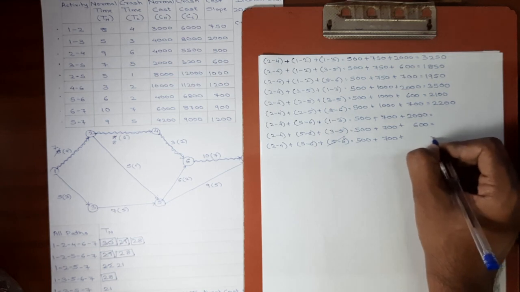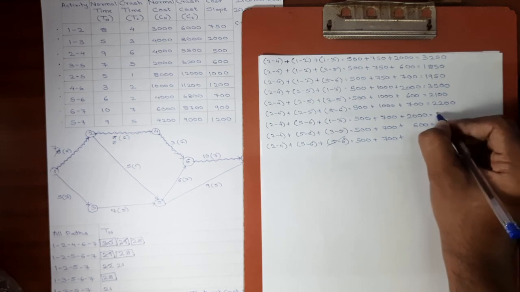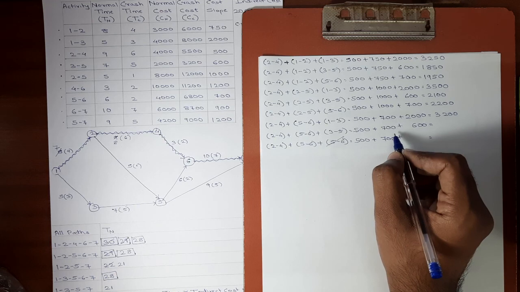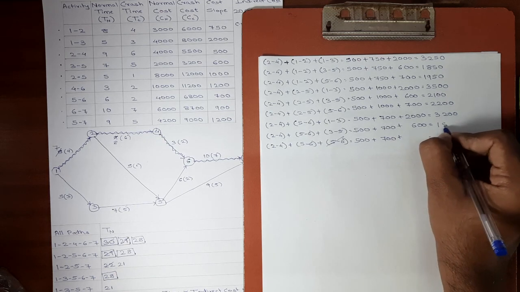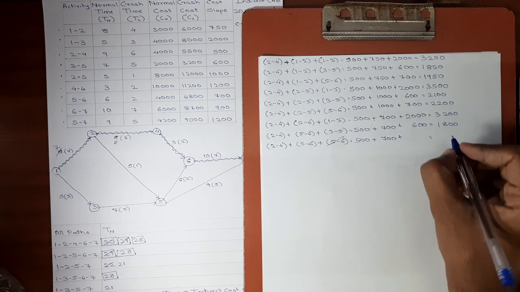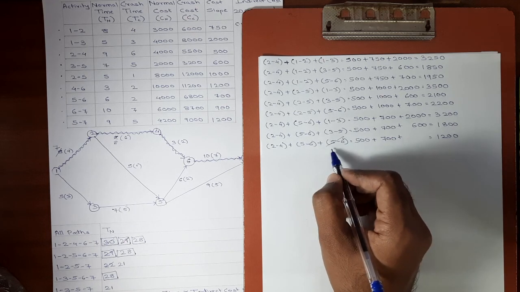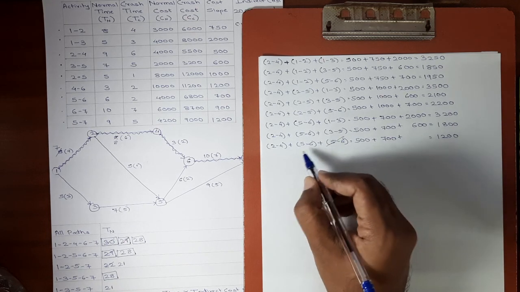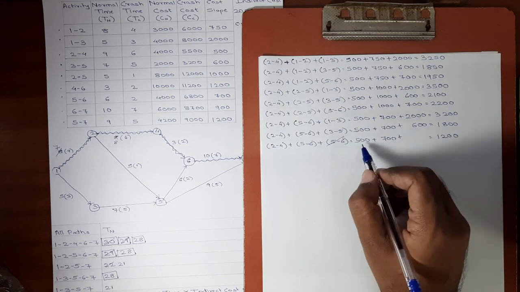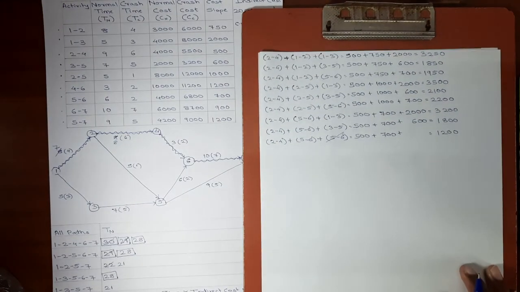Okay, here we'll write it directly. So 500 plus 700 plus 2000 will get as 3200. Then again 500 plus 700 plus 600 we get as 1800. Then 500 plus 700 we get 1200. Here I have written 5 6 again, but I have cancelled it and taken only cost of 2 4 and 5 6 because 5 6 cannot be repeated. So 500 plus 700 is 1200. Our second set of combinations is ready.